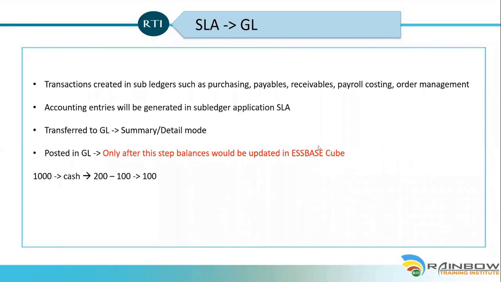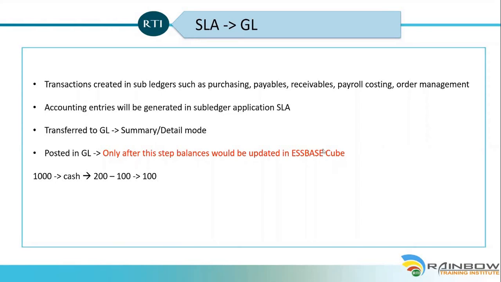And this Essbase Cube is a multi-dimensional reporting cube. It's a cube with multiple dimensions. And what will be the dimensions of this cube? All the segments that you define on an accounting flexfield will be the dimensions of this cube. If you have an 8-segment accounting flexfield structure, all those 8 segments will be dimensions of this cube. Say, for example, company, legal entity, account segment, cost center, department, etc. And apart from the accounting flexfield segments, you will also have generic dimensions like accounting period. You will have a ledger name, and you will also have a few more dimensions in the Essbase Cube.